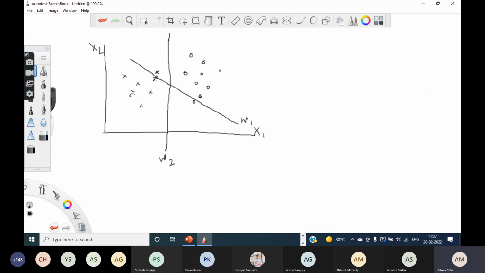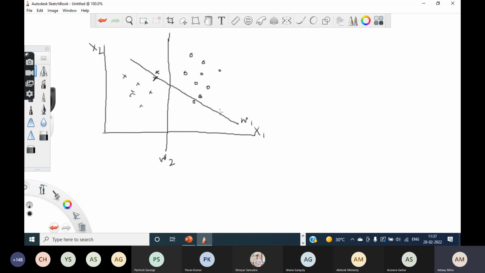So in the first case, the margin was very small. Remember, whenever we talk about a margin, it involves a data set as well as a line. We cannot say a margin of a data set, nor can we say the margin of a classifier. We need both things together.